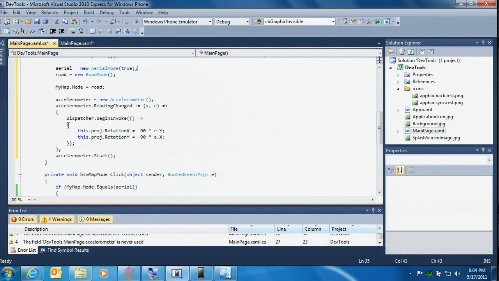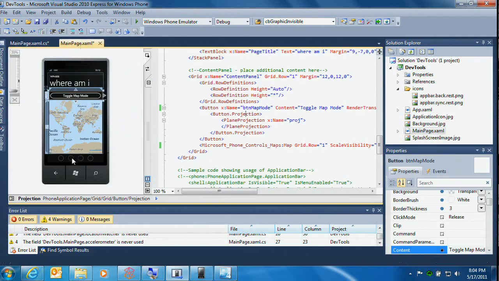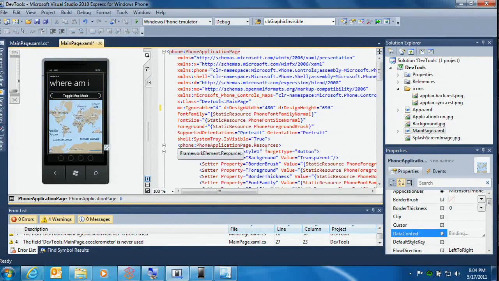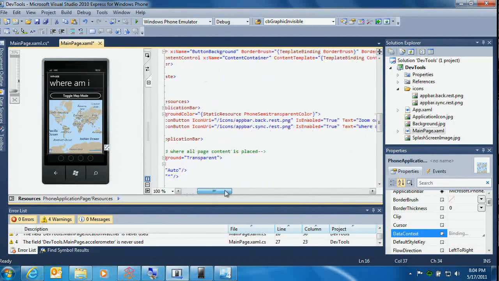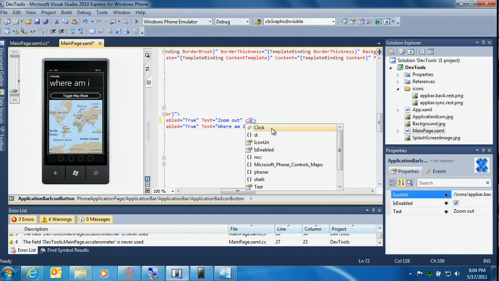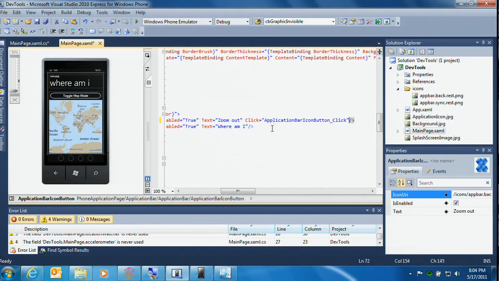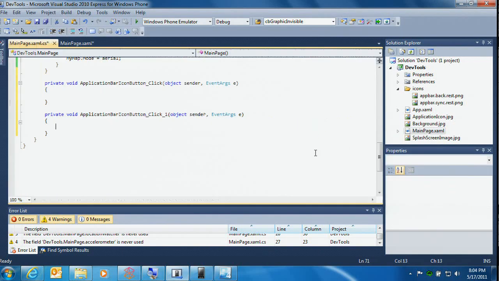I'm going to continue because there's something else we still need to do because we created this application bar. So let's go to that application bar here in XAML. And let me add some event handlers here as well. So I have an event handler for this zoom out. It's going to be a click event handler. And I'm going to do something similar here for my where am I part, adding a click event handler as well. And let's go back to code to add some functionality in order to do something when the user clicks